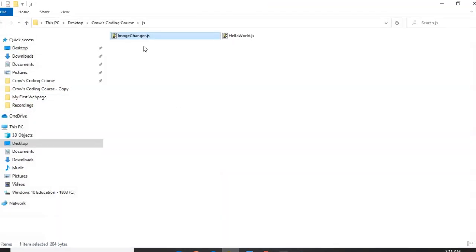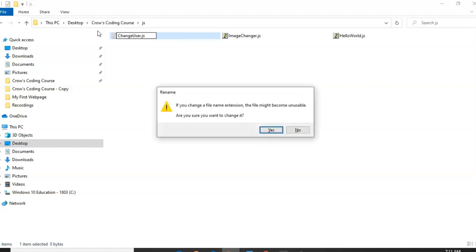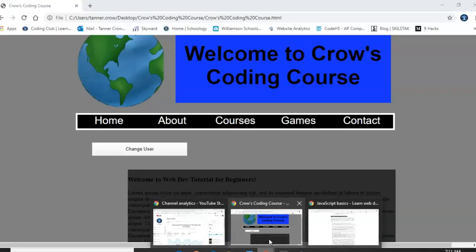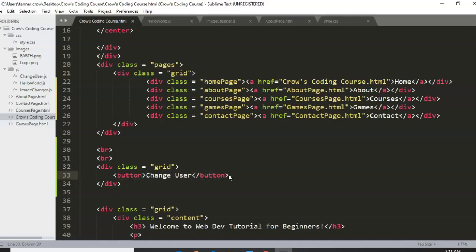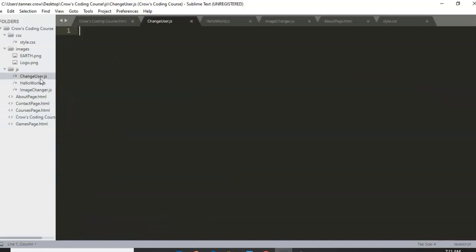And so now I'm going to create a new text document, change user.js, and then we're going to go back in here to change user.js, and we're going to let my button equal document.querySelector of the button tag. Let my heading equal